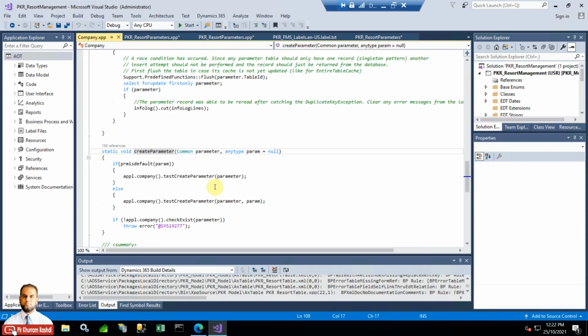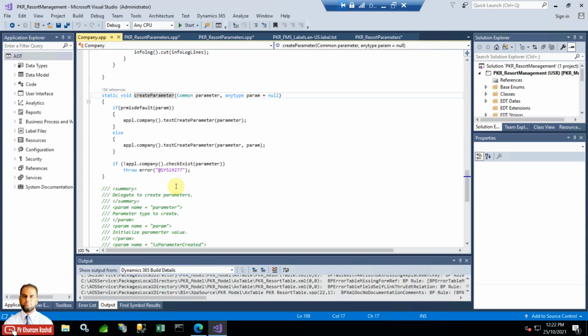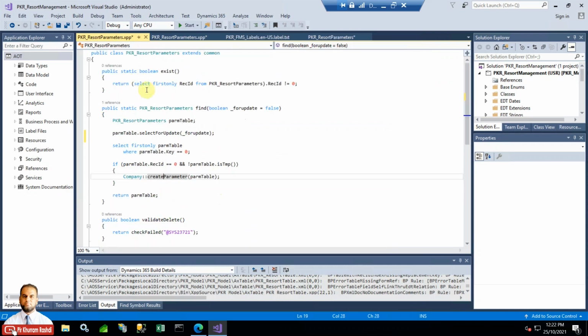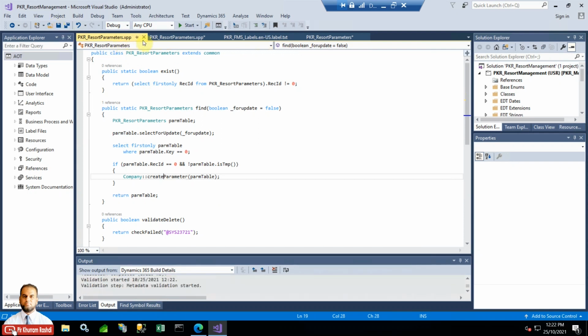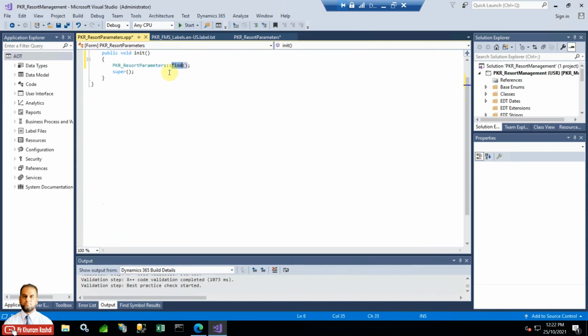We can also go to the basic create parameter table, and we can see the implementation here. So that is how, within the find method we have already covered, it creates a unique record if it does not exist already, so it will create a record here. So basically that will be a simple call to the method,